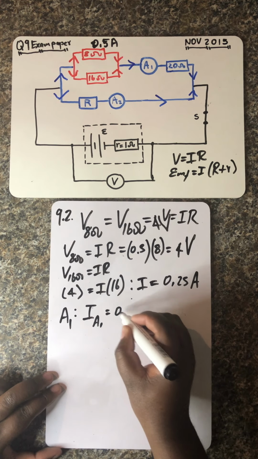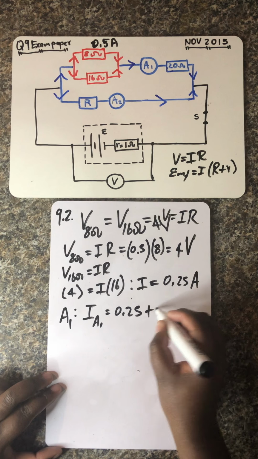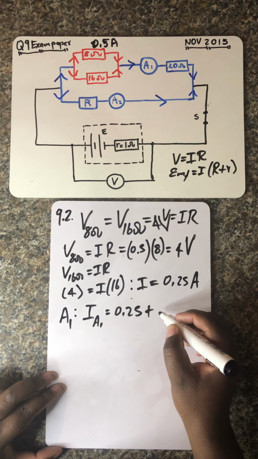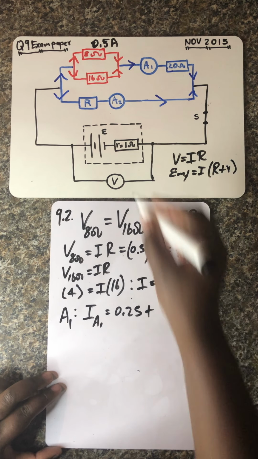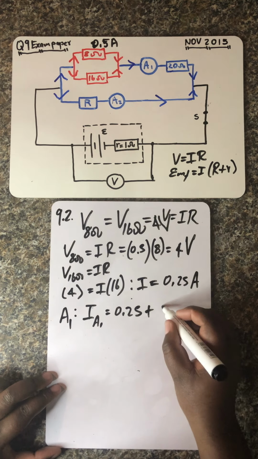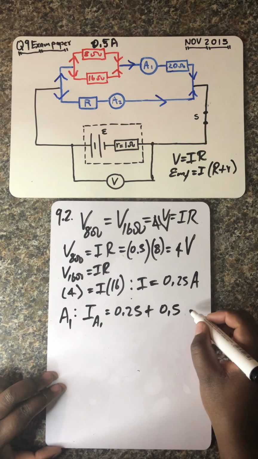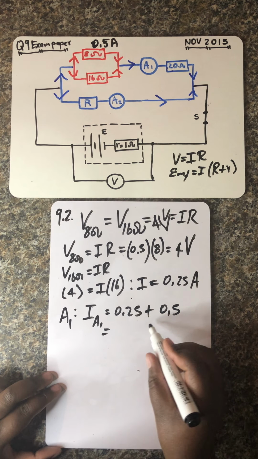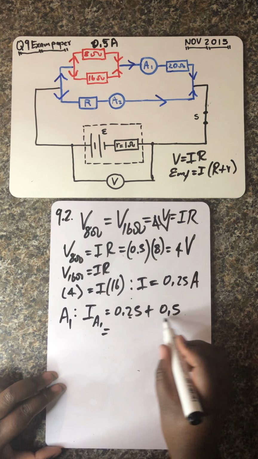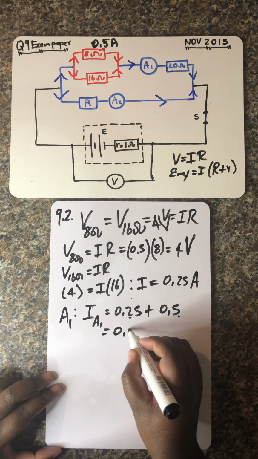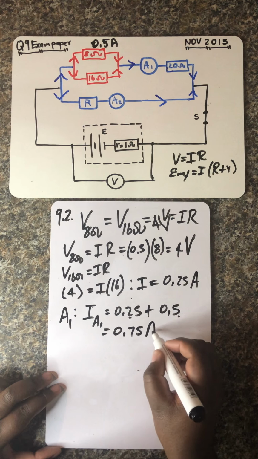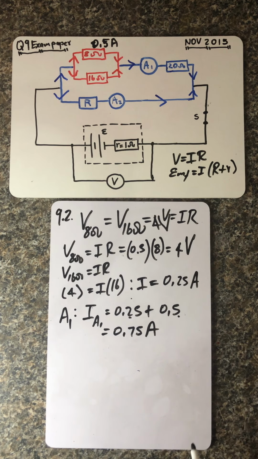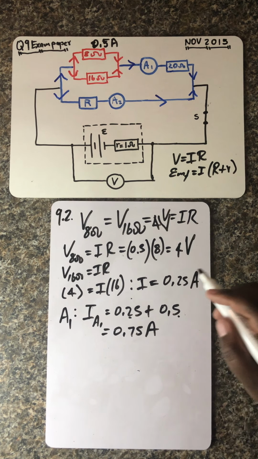So that means we've got 0.25 plus 0.5 plus 0.5, which is 2 plus 5 is 7, so it's 0.75 amperes. Okay, so this is how you solve